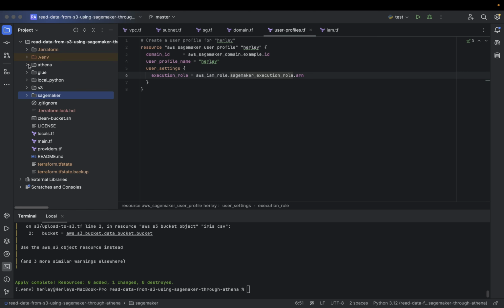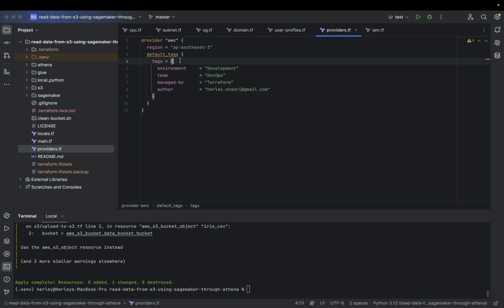So why am I using Terraform? Because it is easier, I think, to manage the resources. For example, providing default tags. All resources that are created using this Terraform template will have these tags: environment, development; team, people, DevOps; and author is me.